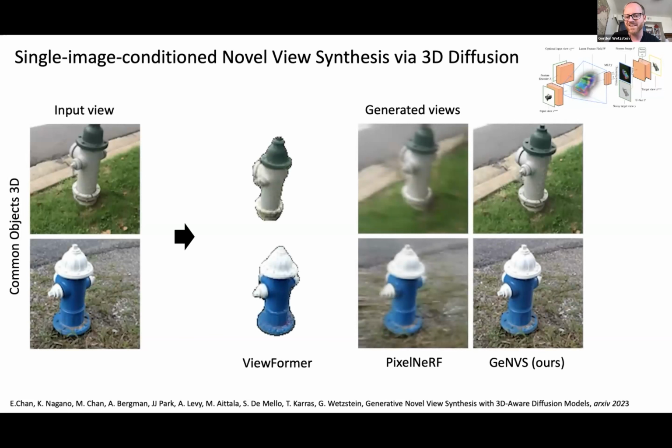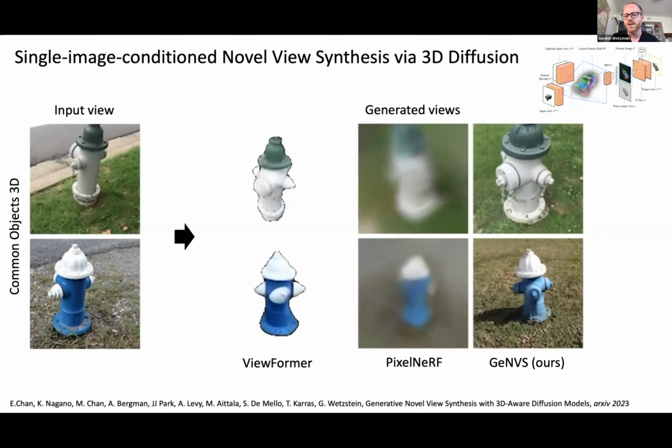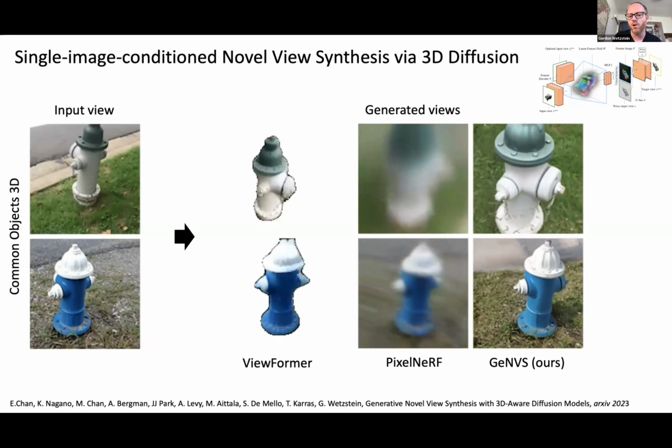But approaches like PixelNeRF that use an L2 loss are always going to be really blurry, because they give you the maximum likelihood solution, which is going to be an average of all the plausible solutions. Whereas a generative model, like we called ours GenVS, will sample from the posterior distribution of all the potential solutions for this view extrapolation problem. So this is really interesting, and also real data, which